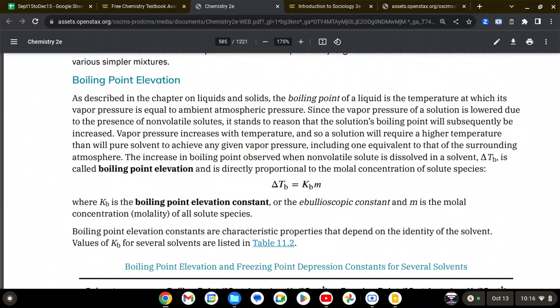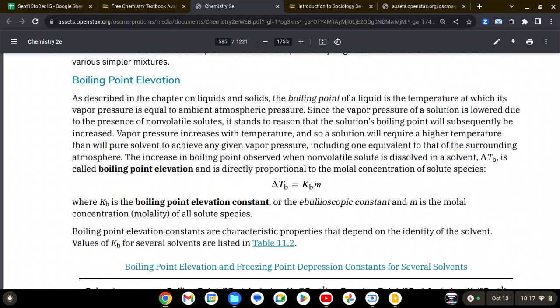Boiling point elevation. As described in the chapter on liquids and solids, the boiling point of a liquid is the temperature at which its vapor pressure is equal to ambient atmospheric pressure. Since the vapor pressure of a solution is lowered due to the presence of non-volatile solutes, it stands to reason that the solution's boiling point will subsequently be increased. Vapor pressure increases with temperature, so a solution will require a higher temperature than will pure solvents to achieve any given vapor pressure,